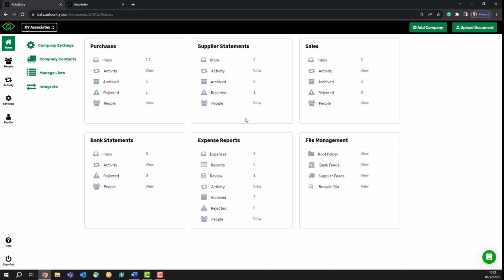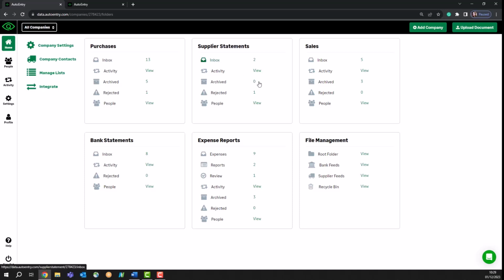As I said, this is used for reconciliation purposes. So it basically matches the invoice on your statement with invoices within AutoEntry. It does not match based on what's in your accounts. So I will say you are better off waiting until you've used AutoEntry for a full statement period before using this feature. So you'll upload your statements just like I showed you before, through the website or via email. They'll pop into the inbox here, and from here,